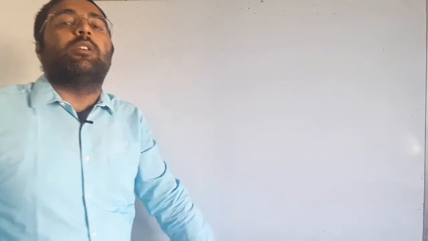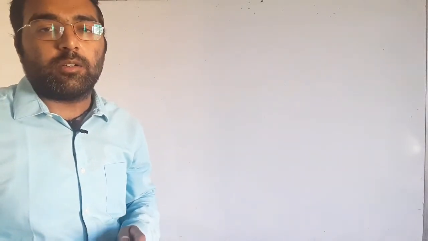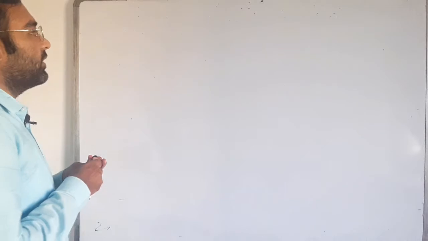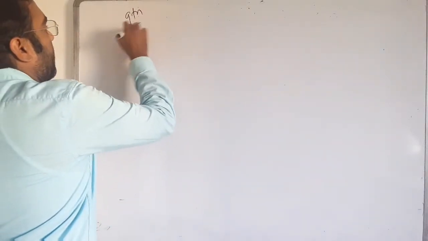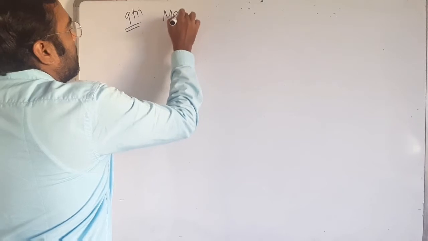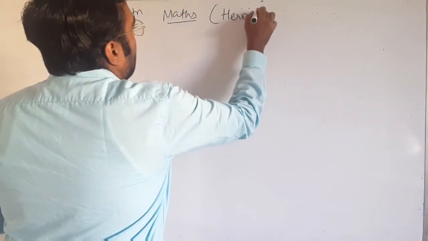Okay, so students, today we have to learn a different chapter, that is chapter number 12, and that depends on the triangle, that is, on the area of a triangle. Till today's date we have learned about the area of a triangle. We already know about the area of a triangle. First we have to write ninth maths and Heron's formula.